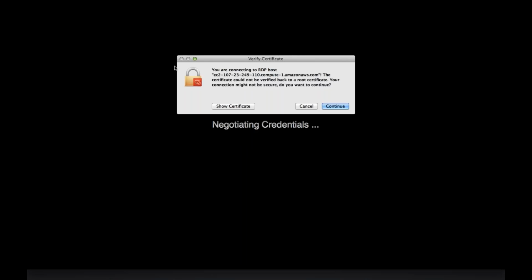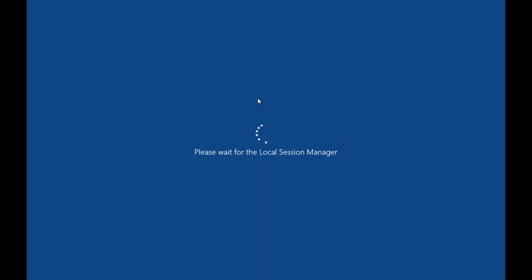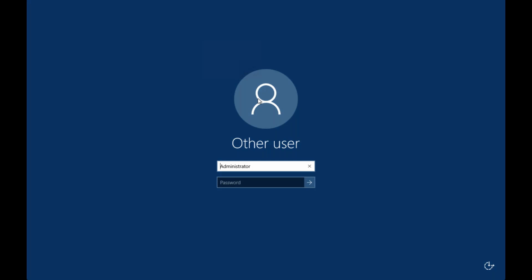Okay, so I think now it's fine. Looks like it is fine now. So now we are good, and hopefully it'll connect and then prompt us for the administrator password. Let's wait for this. Any moment now, we should see a login box. All right, so here we are. This is the login box here,